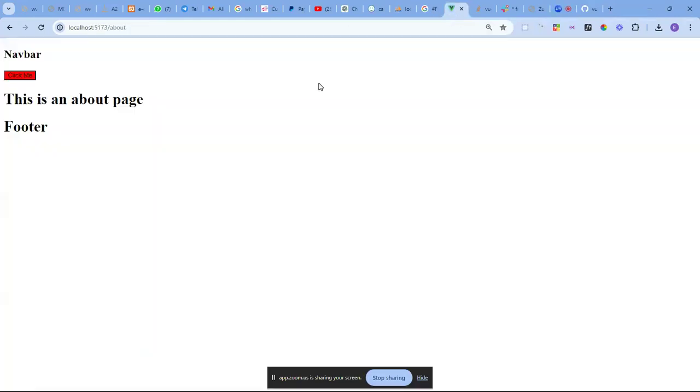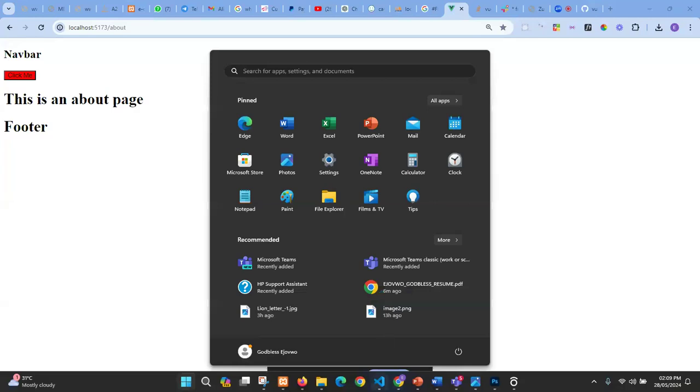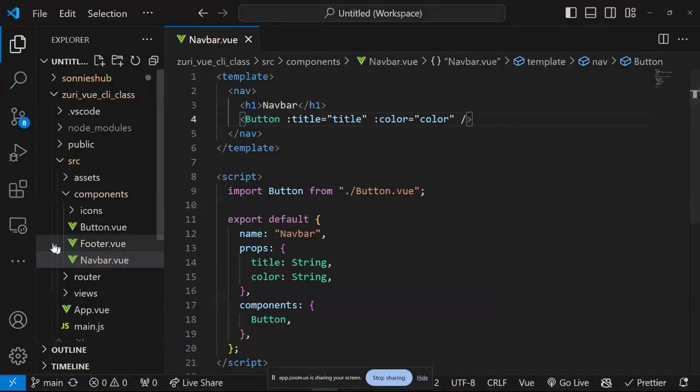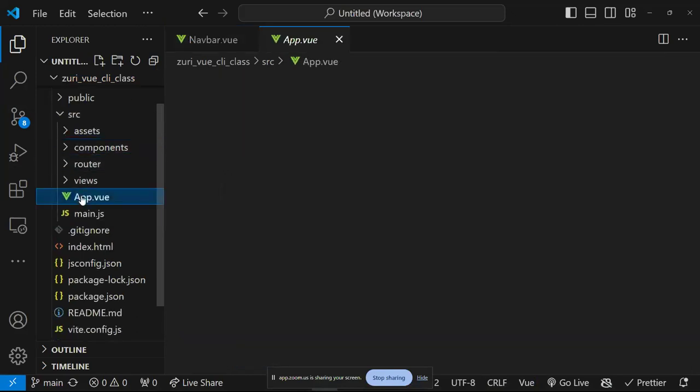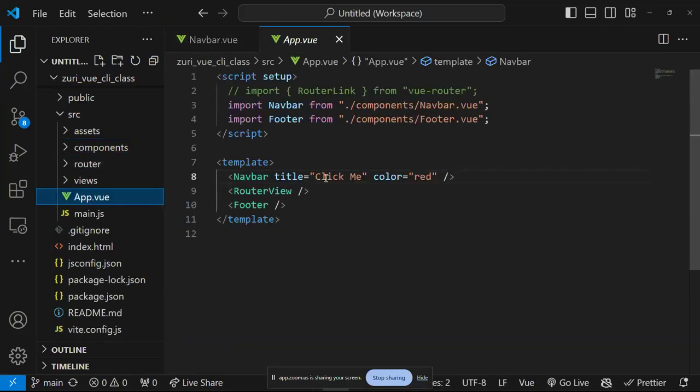Remember that day I talked about the buttons, right? Buttons are components. Buttons can be reusable. What we did that day was I passed props from a parent to a grandchild. Now let me just revise, right? The parent was my App.vue. I will pass props called title and color, right? Then if I go over to my navbar,